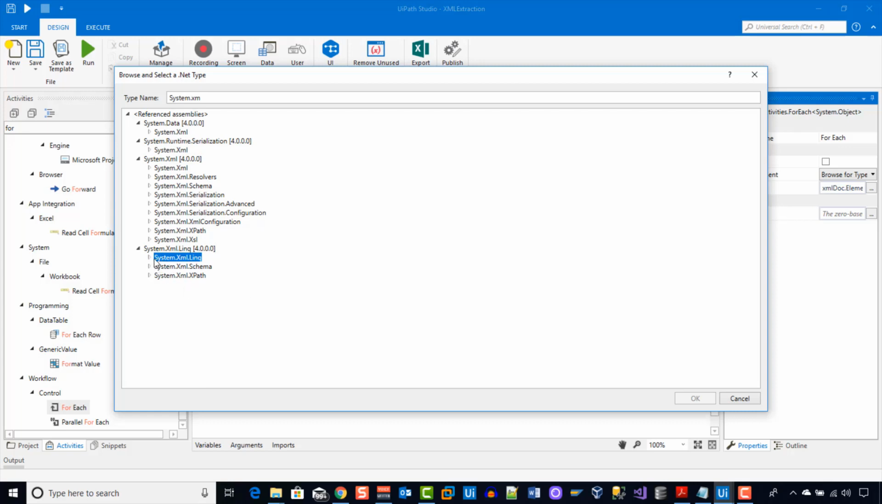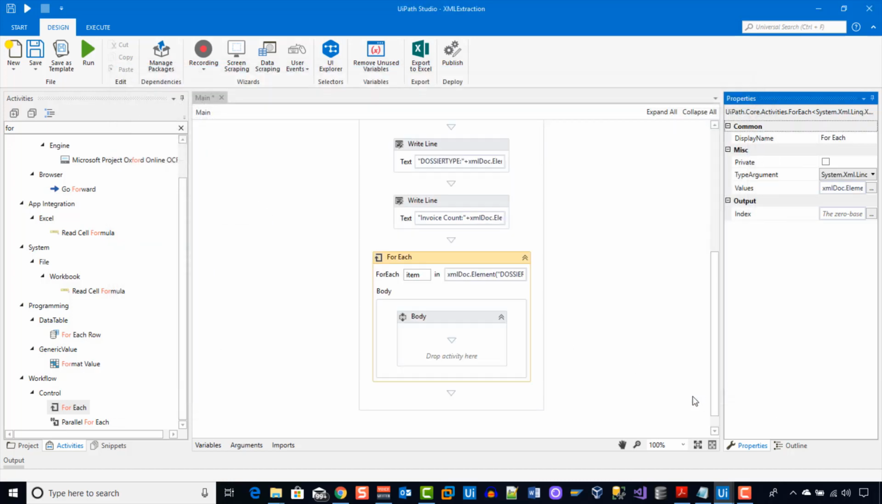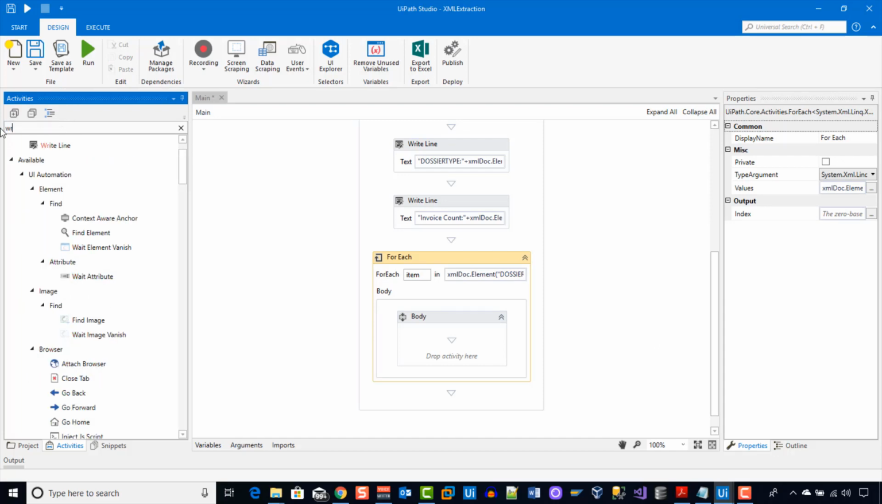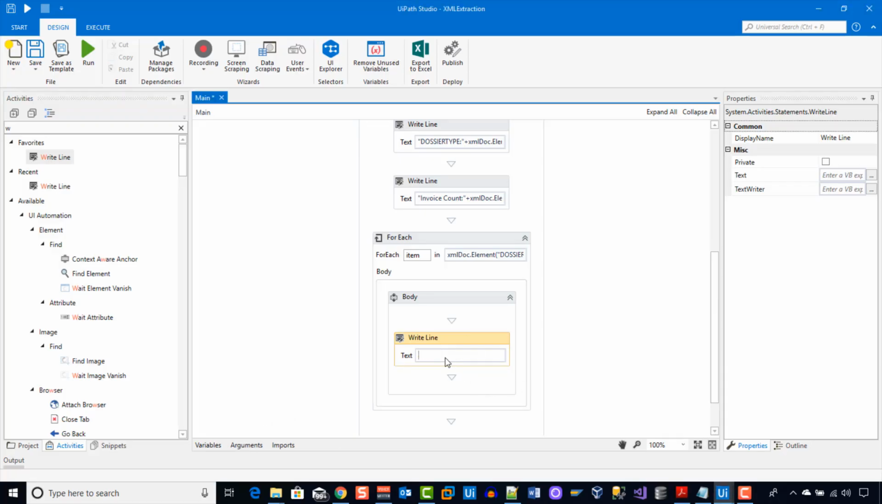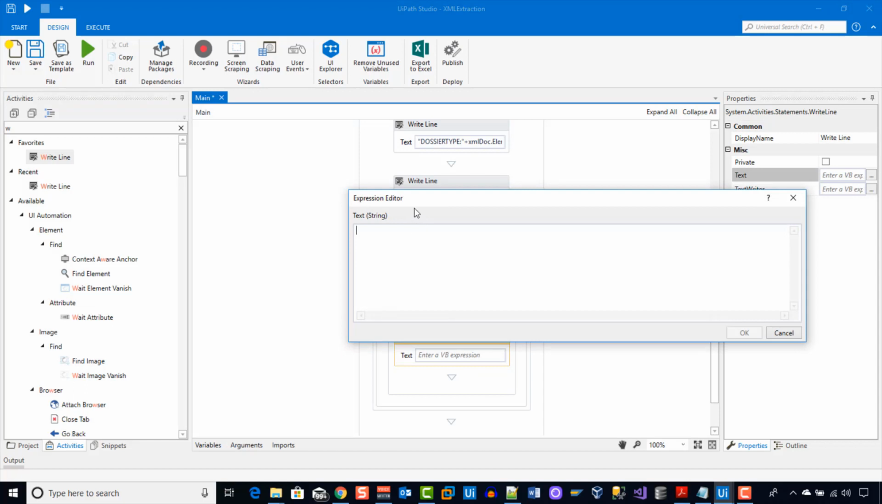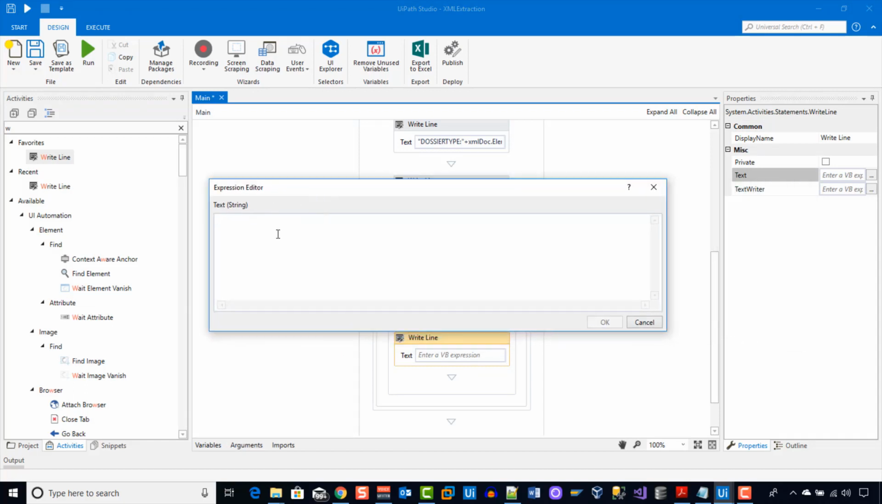System.xml link, and then we're going to go in here and say it's going to be an element type, and we're going to choose that. And now use the write line right here. Here we're going to write this. Let me make it bigger. We're going to write invoice number